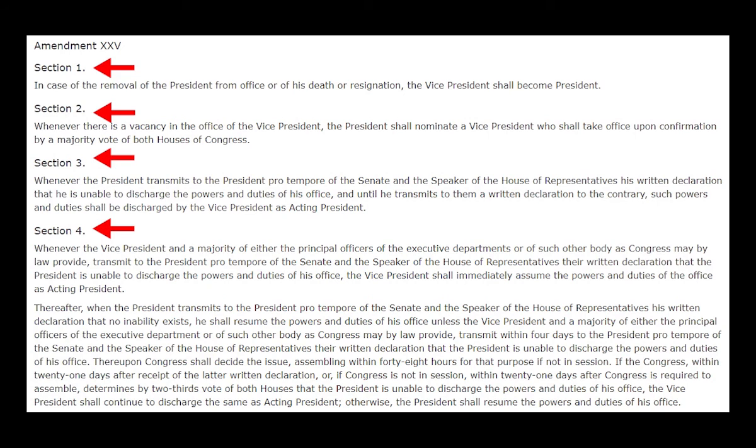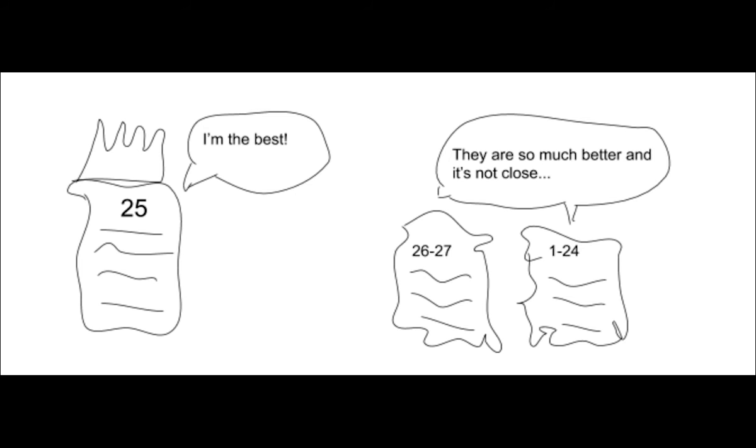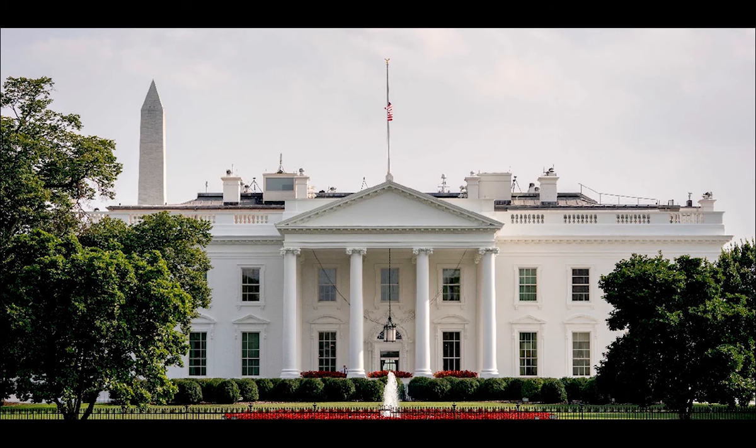These 4 sections make up the 25th Amendment. And through an understanding of these 4 sections, it is easy to see why the 25th Amendment is the most important amendment that currently exists. It is the glue that holds the executive branch together, keeping capable people in charge and getting rid of those that cannot fulfill their duties. It creates checks and balances between both the President and Vice President, and it finally gives justification to the Tyler precedent. If you are still unconvinced, imagine a world where there is no 25th Amendment.